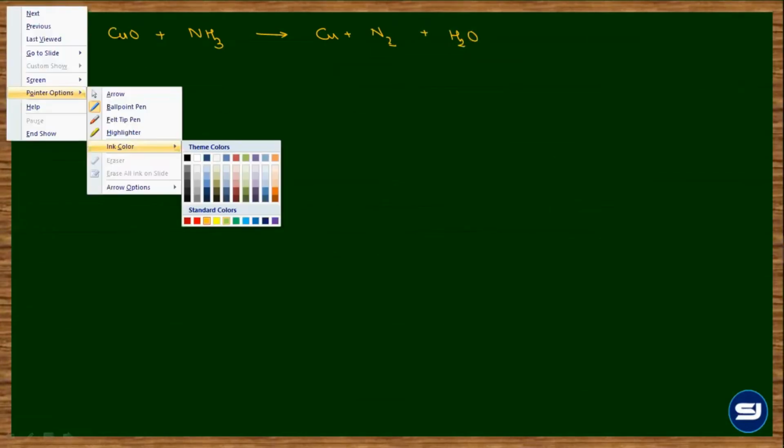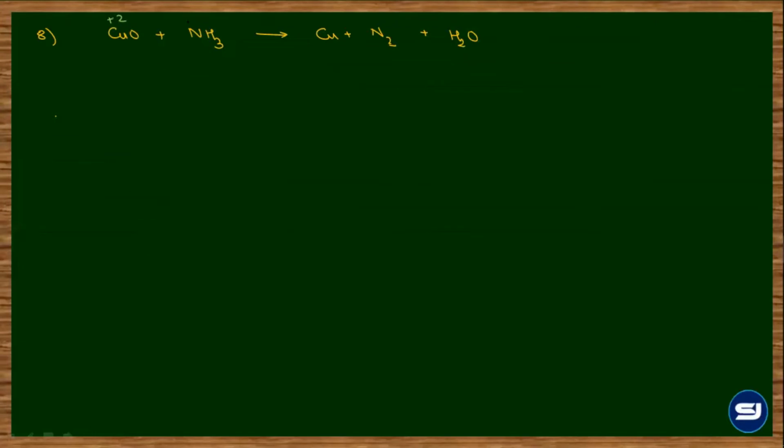Cu plus 2, N minus 3, Cu 0, N2 0. Perfect. And copper and nitrogen are the species undergoing the change. Then you observe, also balance all the atoms other than oxygen and hydrogen. Are they balanced? No, sir. 2 NH3. Nitrogen. So if you have messed up on this balancing of nitrogen, you might go wrong in the other steps.